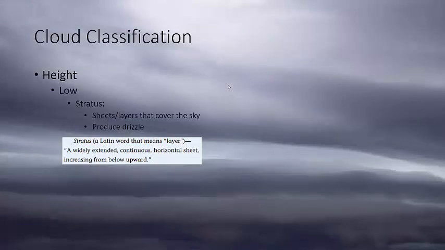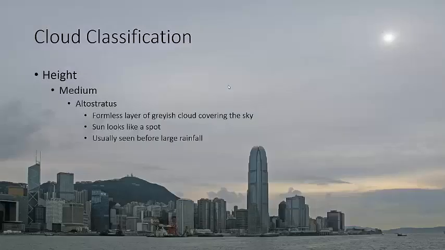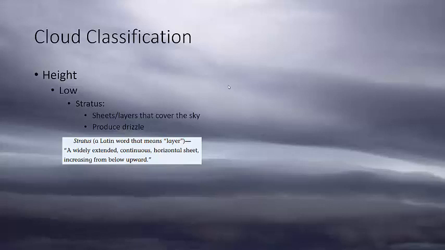Stratus clouds, right? Well, let's see. Medium, altostratus, stratus clouds. Wait a second, we've used this term a whole bunch, except now we're using it for low clouds. Low clouds usually are sheet-like clouds, so we call them stratus clouds. These clouds make it drizzle. It's just like rain, rain, rain. It's really miserable.